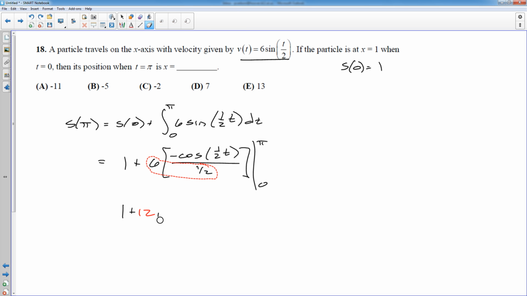And then the antiderivative when I evaluate is going to be negative cosine of pi over 2 minus a negative